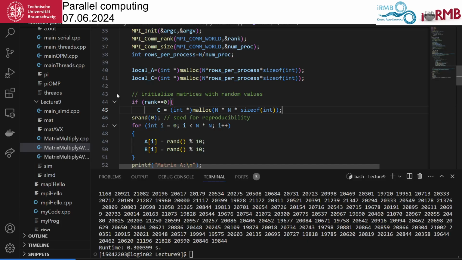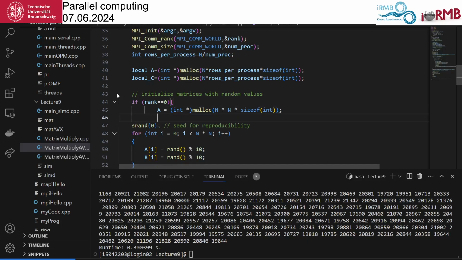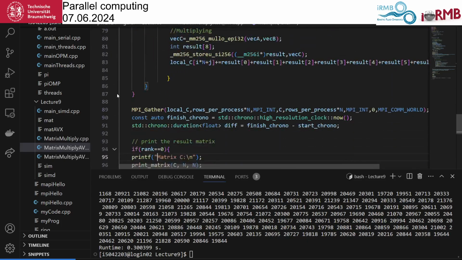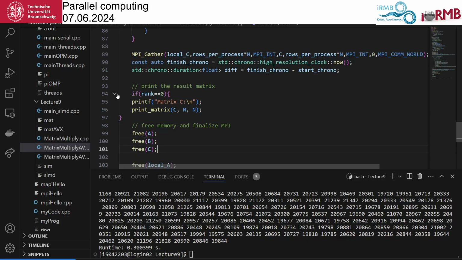But we still declared the matrix everywhere, right? So we'll have A allocated at 0 and C allocated at 0. Now it's only allocated in the 0 version.